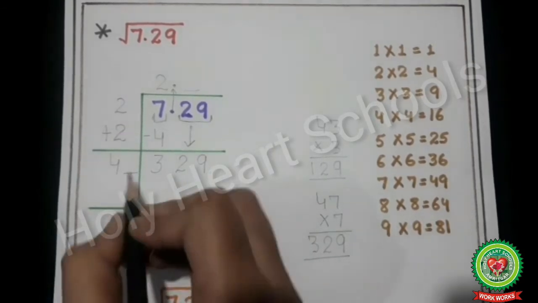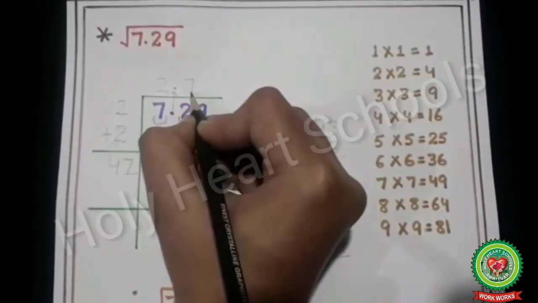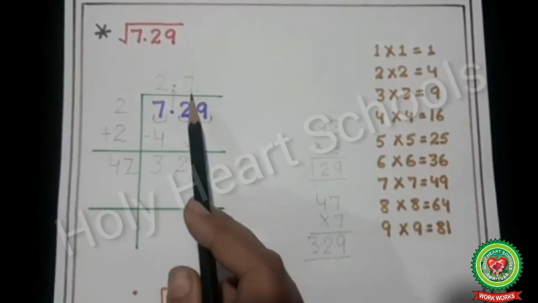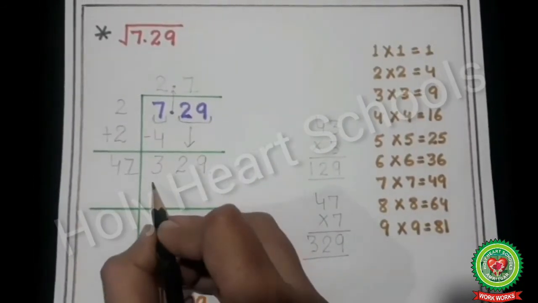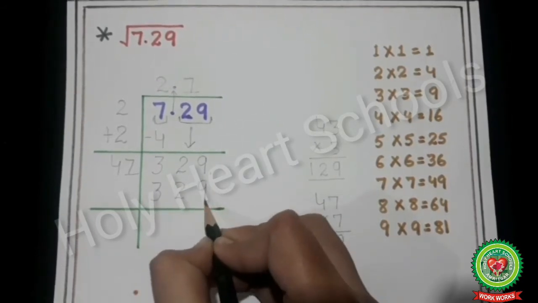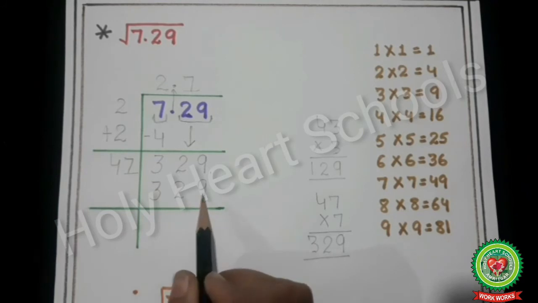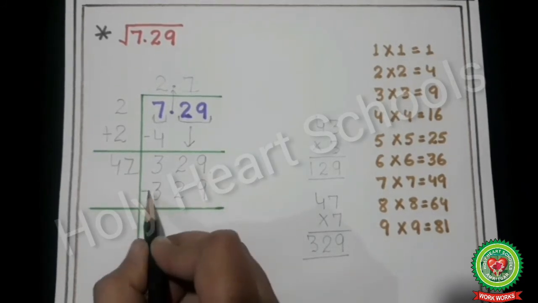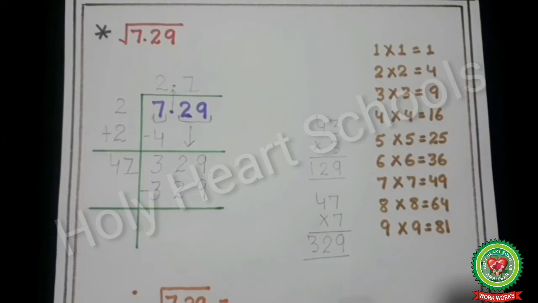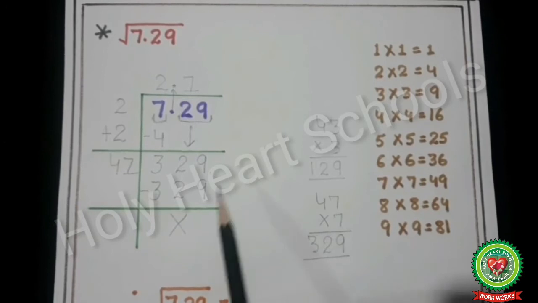So 7 is such a digit which is to be written with the divisor as well as with the quotient, such that 47 multiplied by 7 gives you 329, which you will write under the dividend. Then our next step is again to find the remainder by subtracting 329 from the dividend. On subtracting, we have got 0, and in long division, whenever we have got 0, we put a cross. Here we are left with no pair and our remainder is also 0.